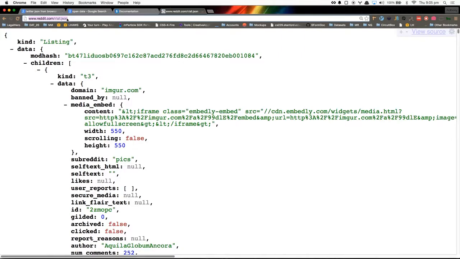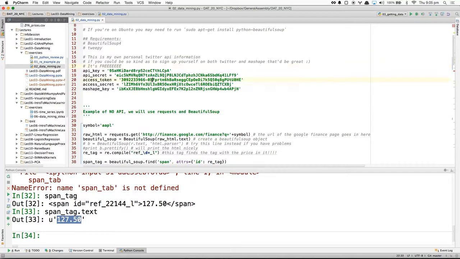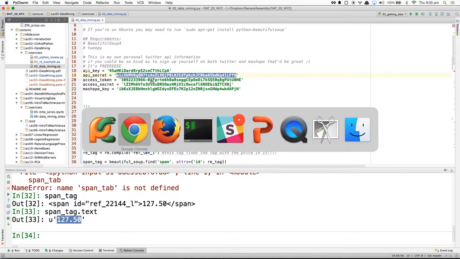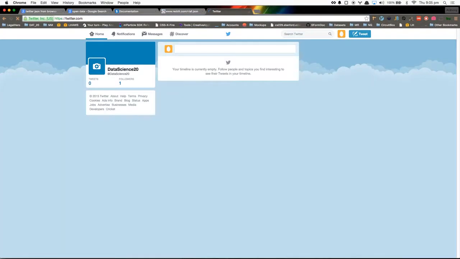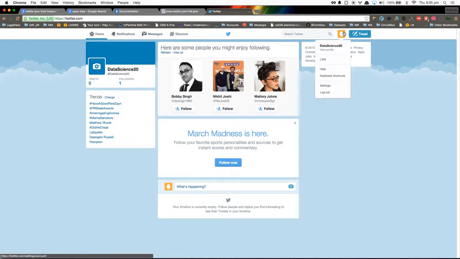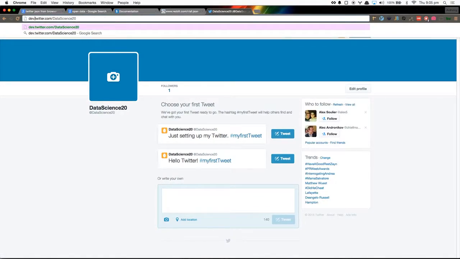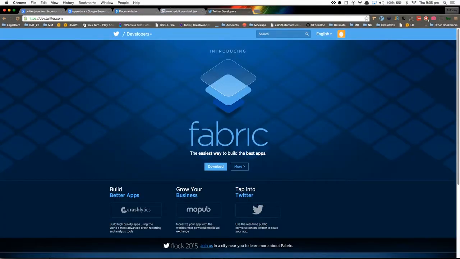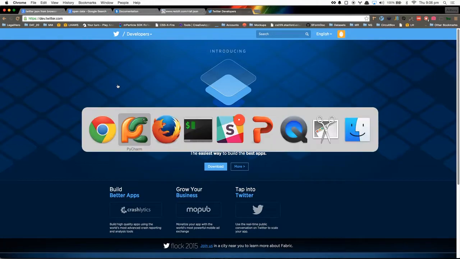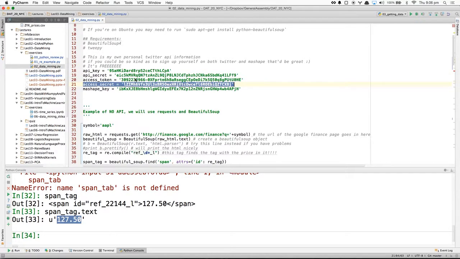Twitter does the same thing, but it's not quite public. In order to access the Twitter API, I first need to, if you go into my Twitter account, I've set this stuff all up, but basically I have to apply for authentication credentials, a series of keys and so forth. I believe it's dev.twitter.com. You have to apply for keys, and that gives me a way to authenticate with the API. And once I have these public and private keys, this is how Twitter identifies me and makes sure that I'm not spamming the hell out of them.